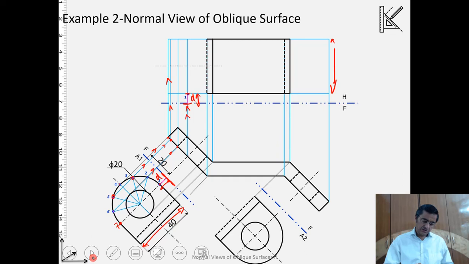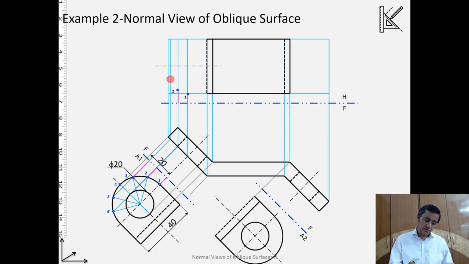Similarly, we can do it for point number 2 also. So you will see that I am measuring the distance over here, and this distance is being applied over here. Let's apply the distance. So that is how the distance is being applied. Let me clean it. So I'm applying the distances and locating the points. So point 1, 2, similarly corresponding to the distance here, point number 3, and then corresponding to this, the point number 4.